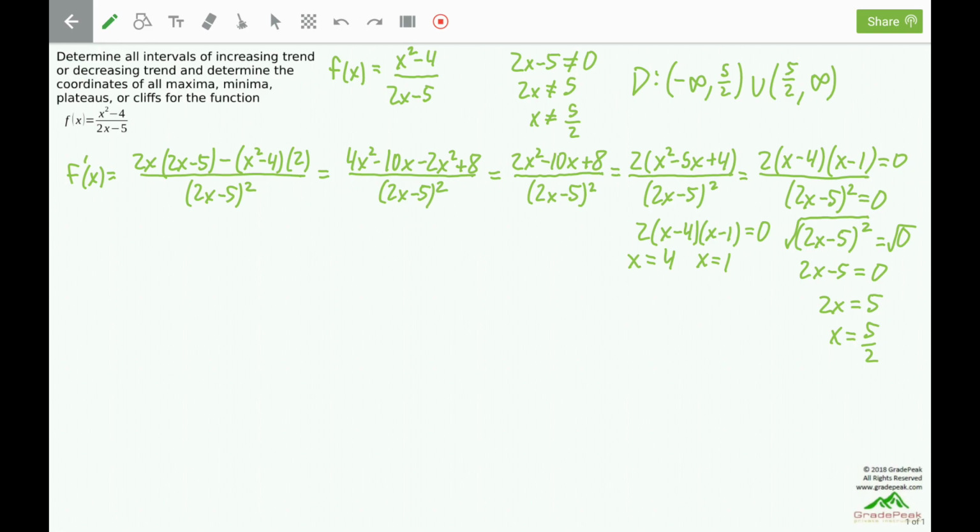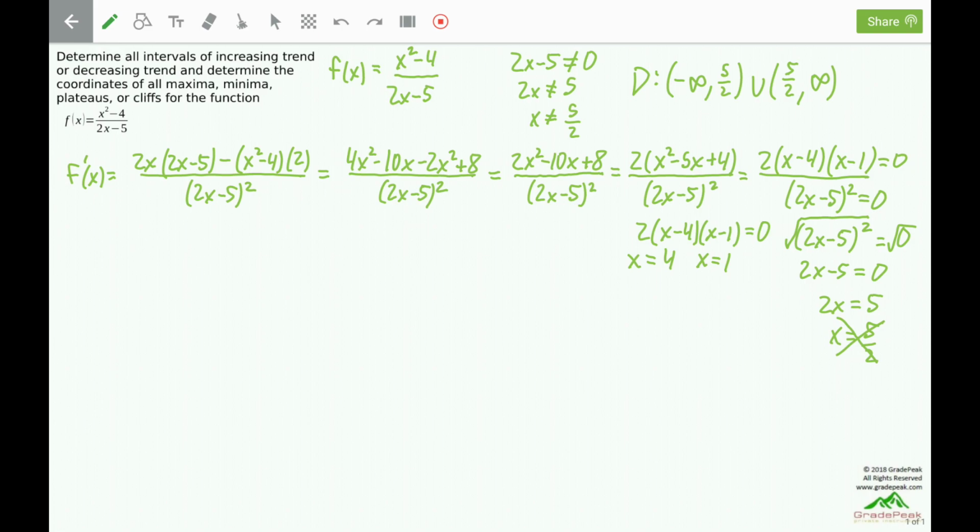The domain is all real numbers except for 5 halves. The x equals 4 and x equals 1 are real numbers, but they are not equal to 5 halves. We do keep those. They are critical numbers. The x equals 5 halves is not in the domain, so we cross this one out, and we have two